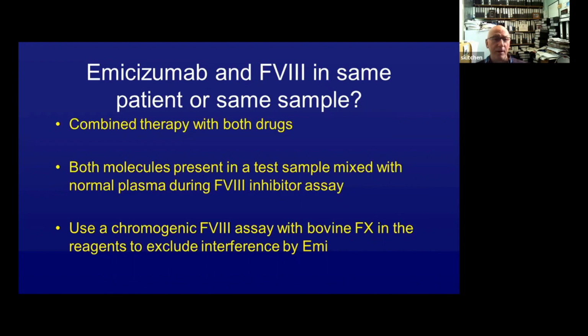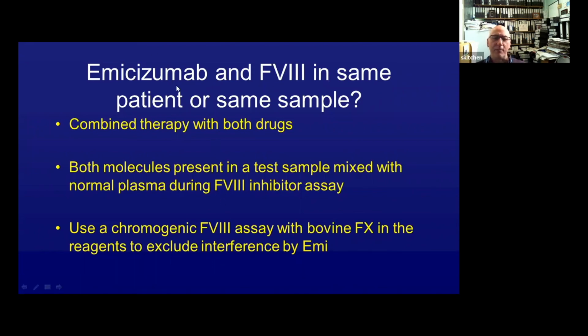Half-life of emicizumab, about 30 days. It's still in the sample, even if that drug was stopped just before surgery, for example. So we will see both drugs present in the same sample. Of course, we'll also create that situation in the lab during a factor VIII inhibitor assay if we do this on a factor VIII inhibitor patient who is under emicizumab therapy, and we want to check the level of inhibitor. In either of those situations,